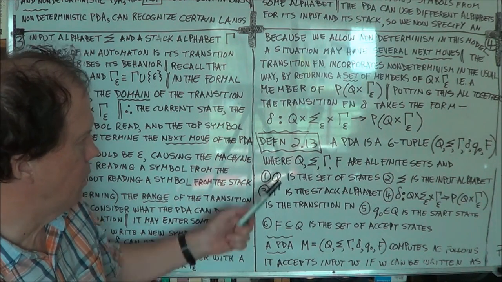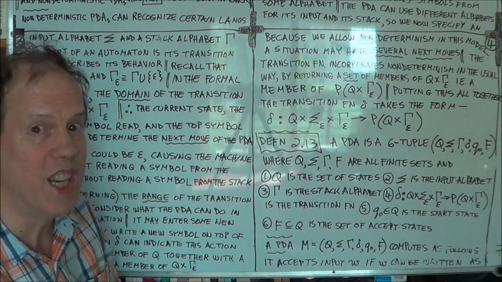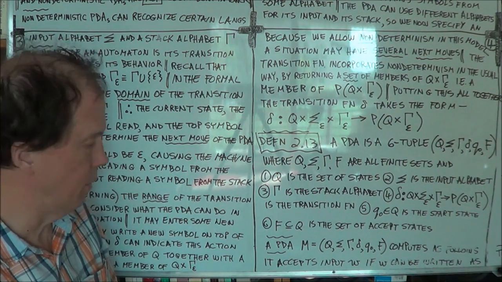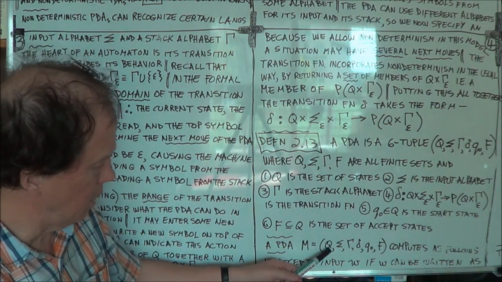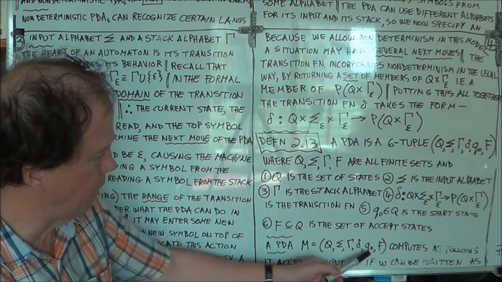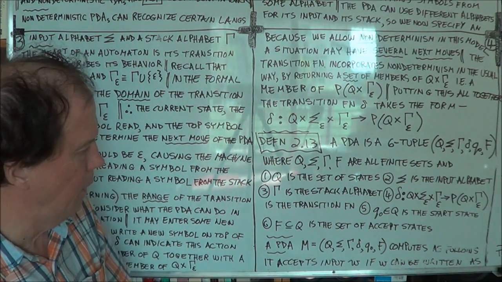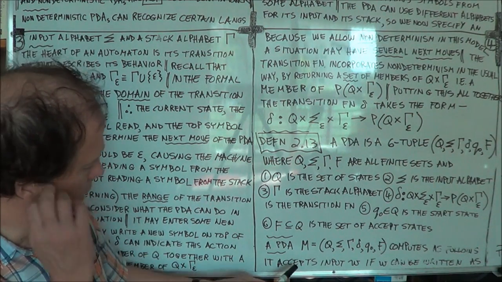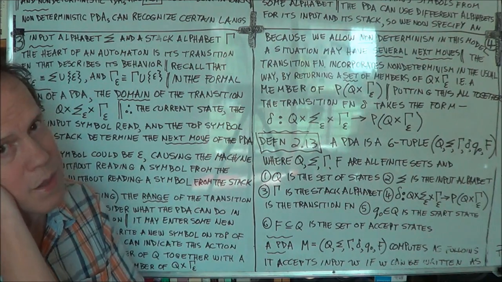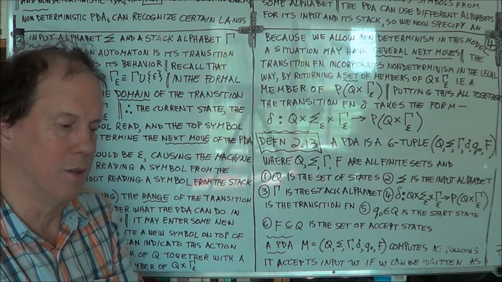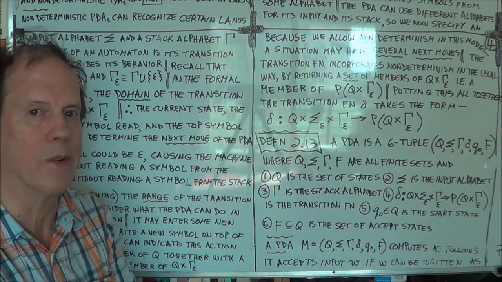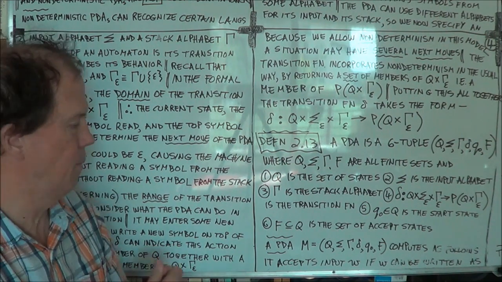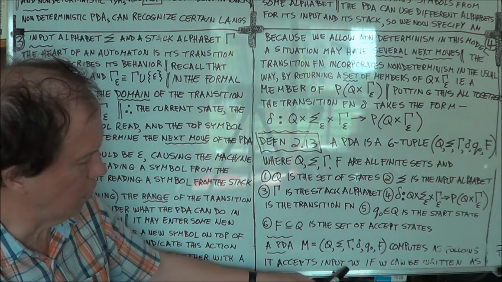Okay, now I have a formal definition of the computation. How does a PDA compute? So here's our 6-tuple for this machine M. It's a PDA. And how does it compute? Well, it computes in the following way. It's said to accept a string, and that's what PDAs are trying to do. They're trying to recognize a language, in other words, to accept or reject the strings of that language. So it accepts an input string w